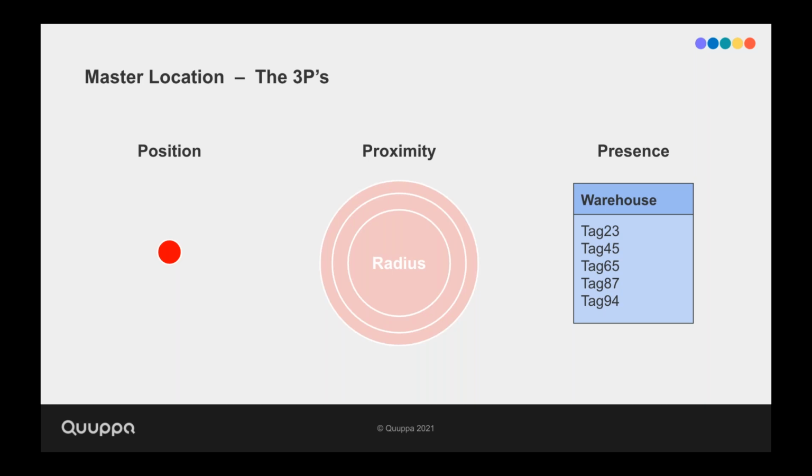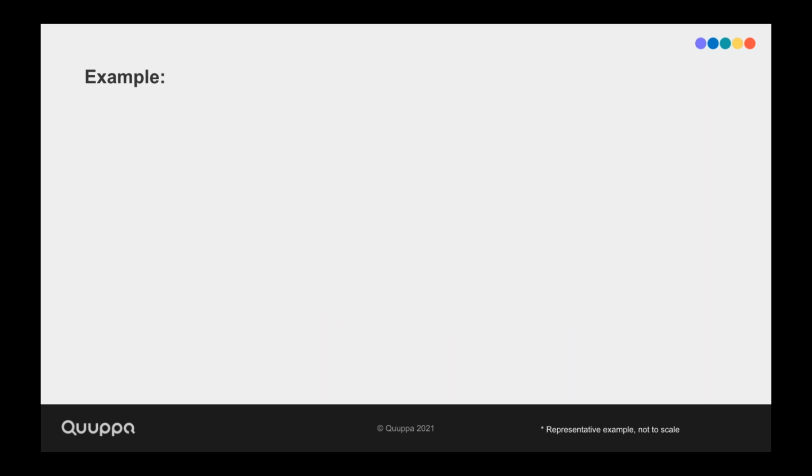This is the same for the presence detection. So it's almost like a light level of tracking, essentially just wanting to know if an asset is within a specific area or not. So I wanted to give you guys a small example of these three types of location within a single project. Please note before I do show this that this is just a representative example of a deployment, and it's by no means to scale, and it's more just a visual aid to help you understand the differences.